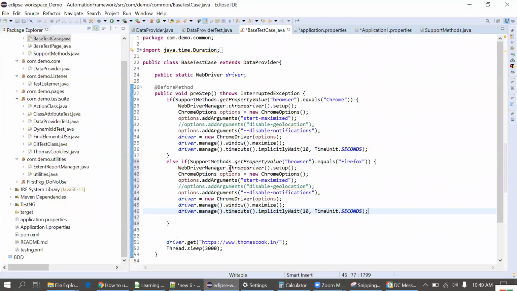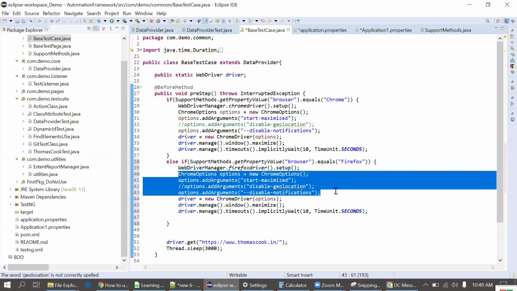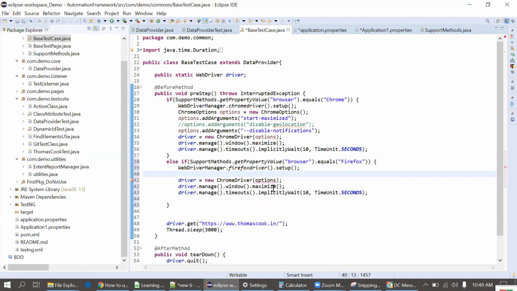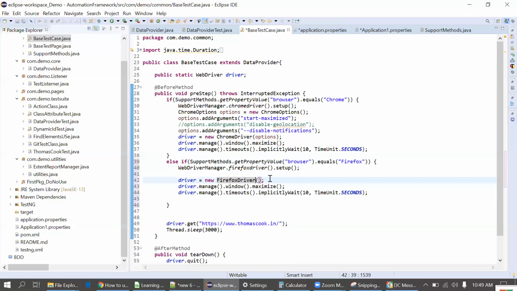Now instead of ChromeDriver, I will use FirefoxDriver here. Setup. The Chrome options I don't need here, and I don't need this as well. It's Firefox. Okay, done.